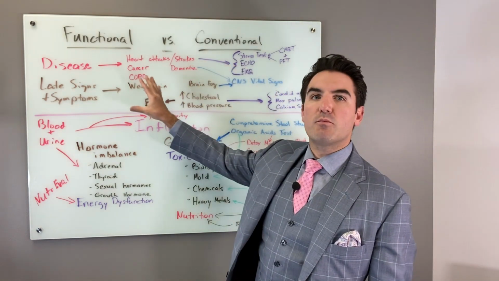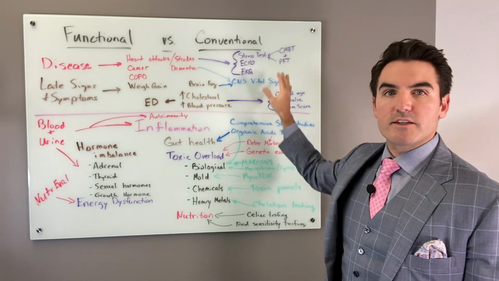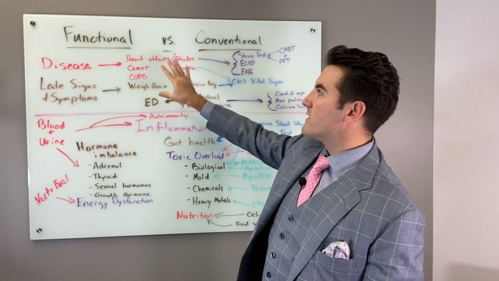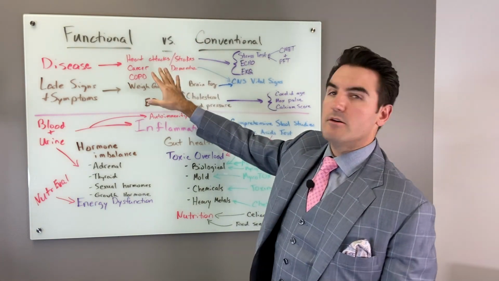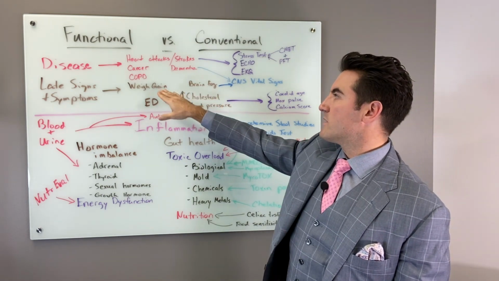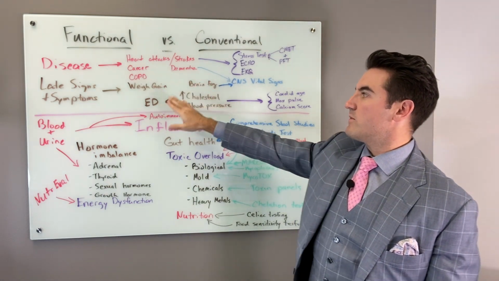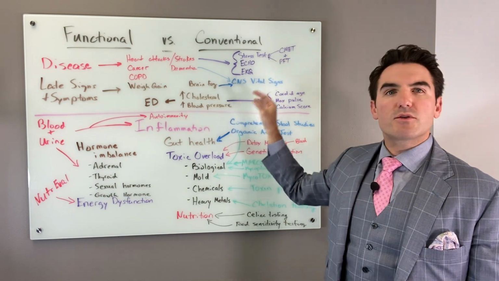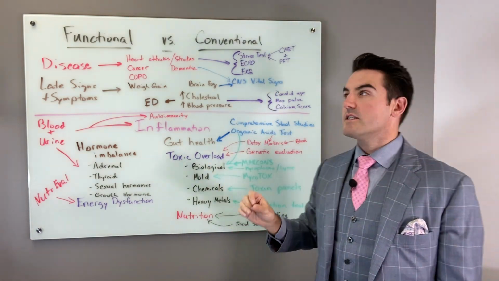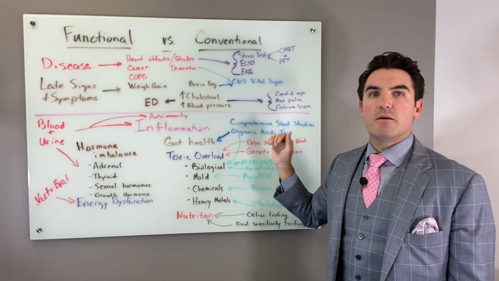about the visible portion of the iceberg above the waterline: the heart attack, strokes, cancer, dementia, COPD, and then signs and symptoms like weight gain, brain fog, cholesterol, erectile dysfunction, and blood pressure. Those are all the things that the conventional medicine doctor sees and has drugs for, but is not looking at